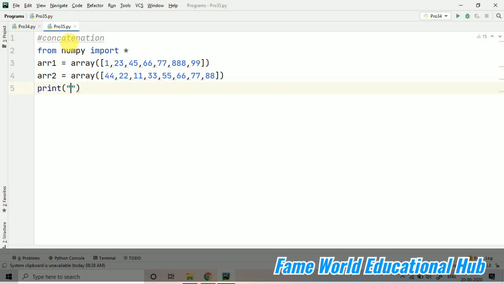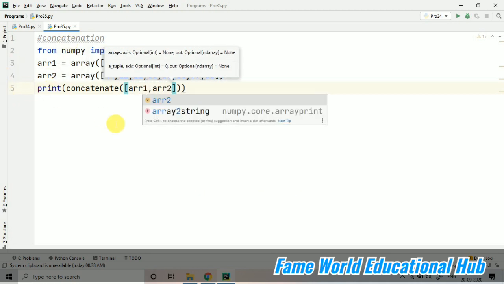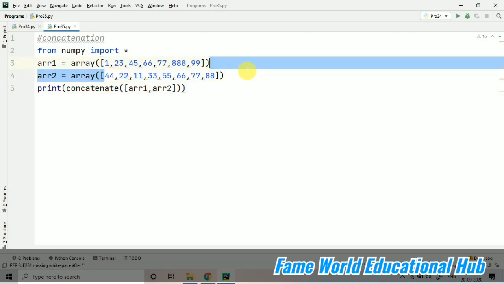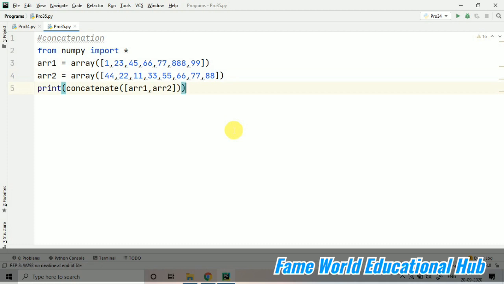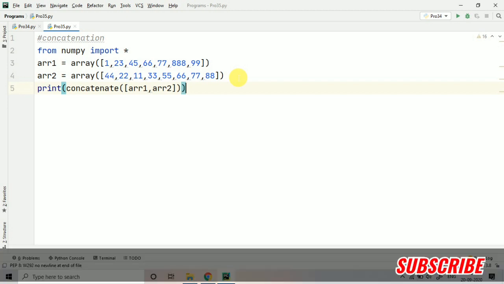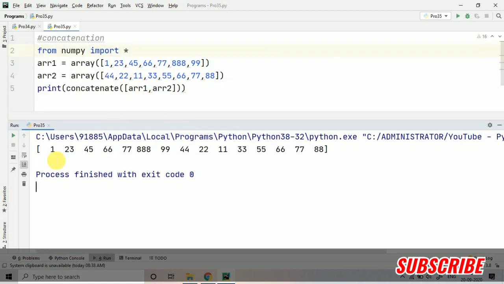If we are going to concatenate it, we can just use the concatenate method, and then if I am passing ARR1 comma ARR2, what does it mean? That the elements of ARR1 will be presented first, then after that all the elements of ARR2 will appear. So this is the way of concatenation. We are basically appending, not adding, actually the addition is not going on, it's just concatenation. One after the other, you can see this was the first one till here, and then all the elements of the second array are here. So this can also be done very easily with the help of the concatenate method.